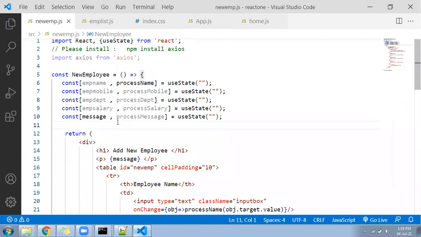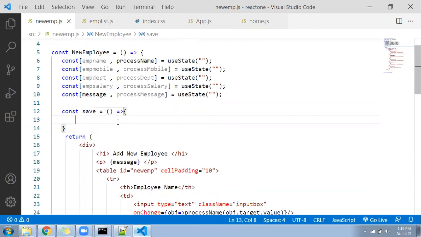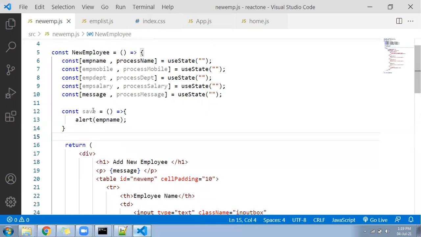Let me write a function here called save. Const save equal to this one. I'll come down and alert here the EMP name, to check whether one text box is working or not. So we have done this till here.